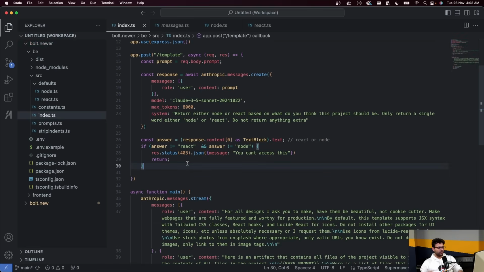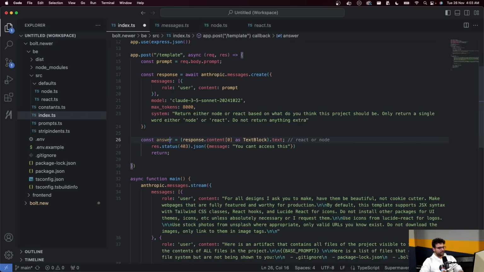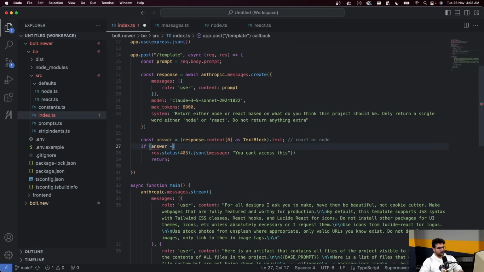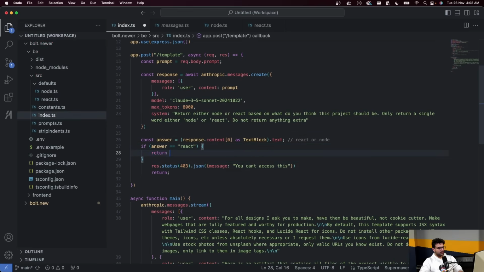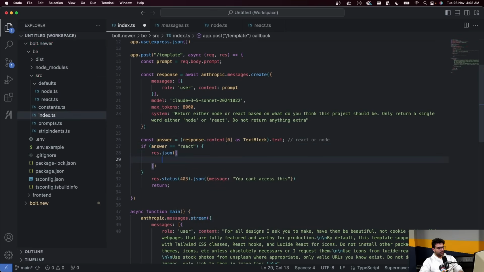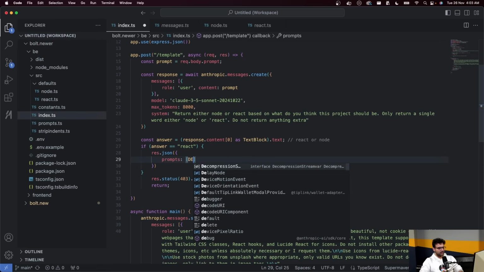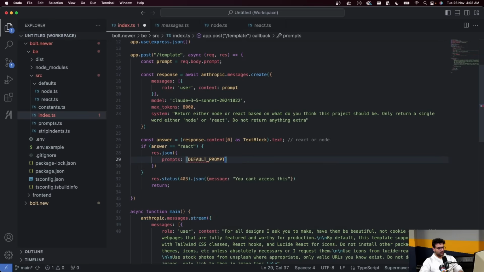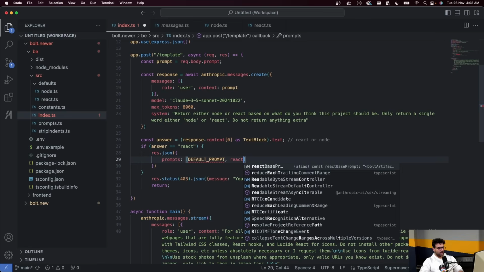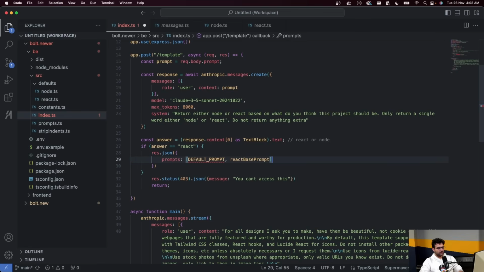And here I'm going to say if answer is React, return res.json. Prompts is going to be the default underscore prompt comma React base prompt,